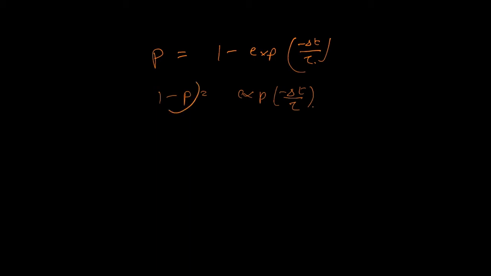So for 1 minus p, we could assume some random variable r. And so we could take a logarithm of that. If you take ln of r, that would become minus delta t over tau. You put a minus sign here. So delta t would become minus tau ln r. And this tau you already know from the input data, whatever the lifetime of the phonon was. So this way you could calculate after how long the phonon is going to scatter, so this delta t.